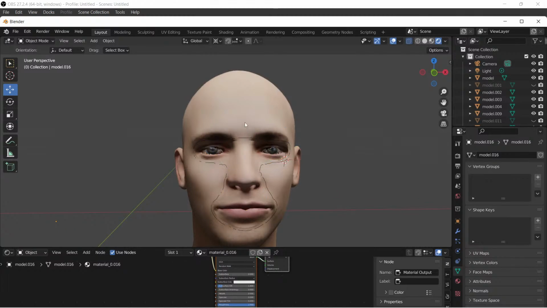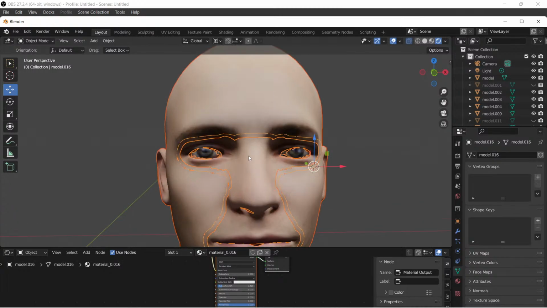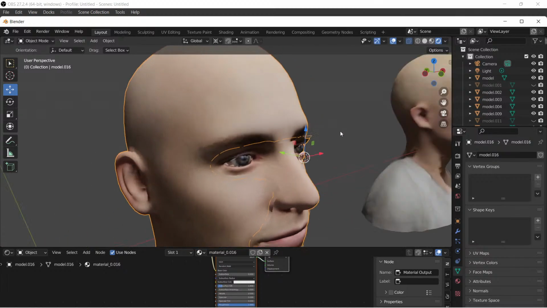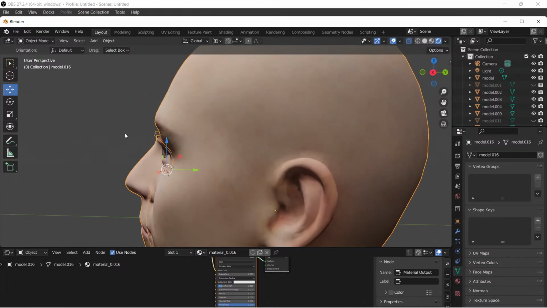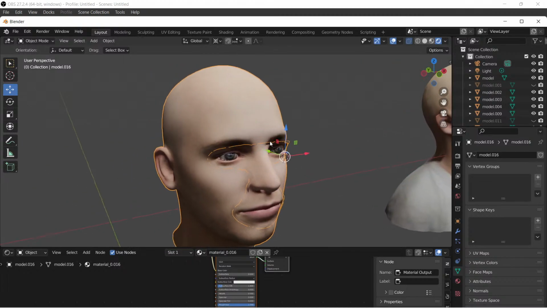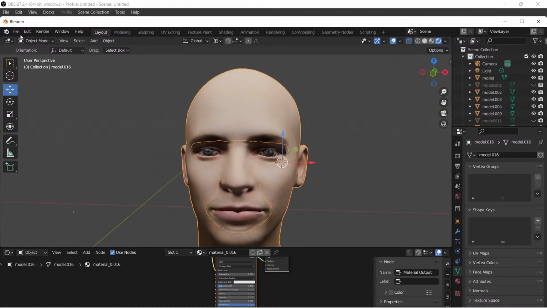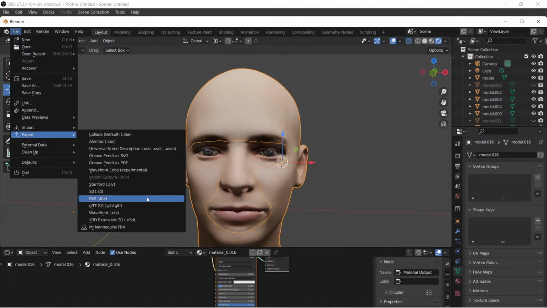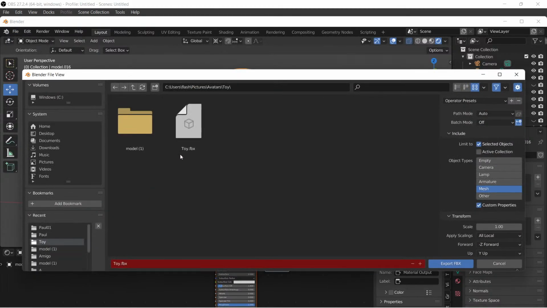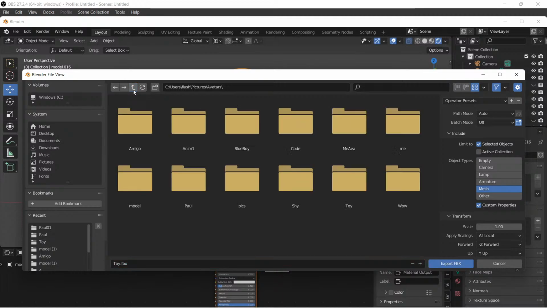So what we want to do is shift select both of the models. And then we're going to press Control J, and that joins them. So now the models are joined, even though the skin is not touching. So what we're going to do is take the models, they're tied together, and export them as an FBX. And we're going to go back to Paul's folder